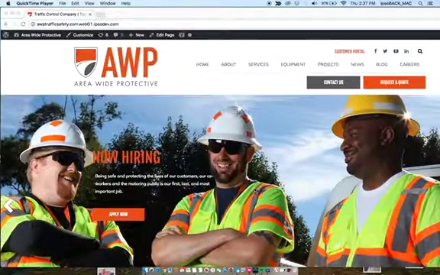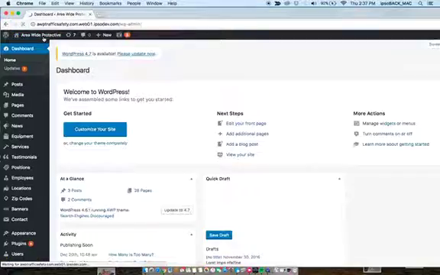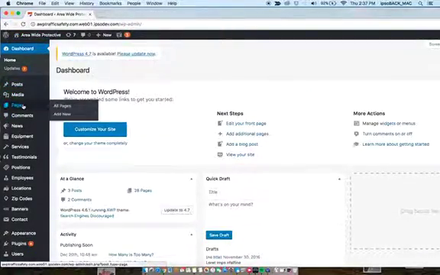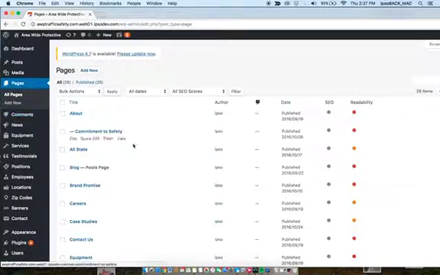Okay, so I'm going to explain just an overview of pages and how to edit or create a page. So if you're looking at your site, as always, you're going to get into your dashboard. And then over here on this black column, you'll click Pages. And by clicking Pages, you're going to be able to see a full list of all the pages on your